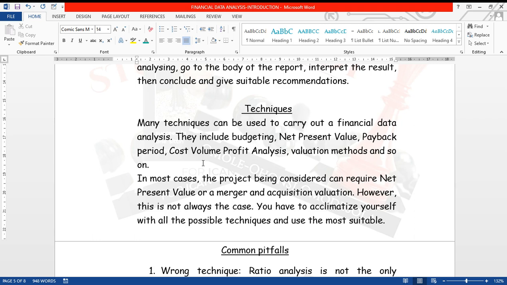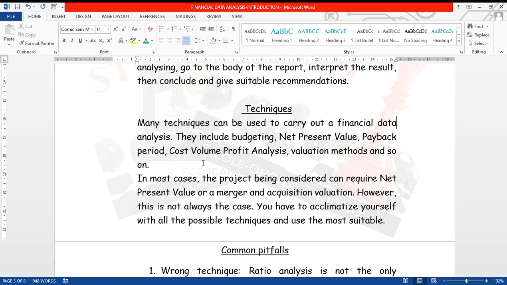Like I said in my financial statement analysis class, I made it understood that one of the pitfalls is that students believe that everything should be ratio analysis. My dear friend, everything cannot be ratio analysis. Please, it's not always going to be ratio analysis. There was a question, I think May 2021, that talked about performance scorecard. There are some questions that will talk about merger and acquisition. So don't just cram it like that.